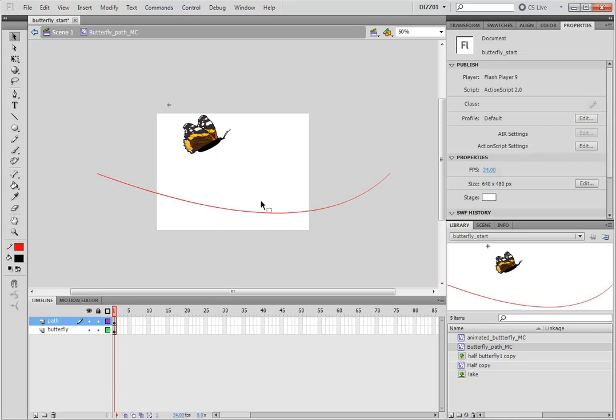Now this curve is being controlled by two vertex points, or two control points here on either end, and the lines attached like a string. I want to add another point to the center. To do that, if I press Alt,